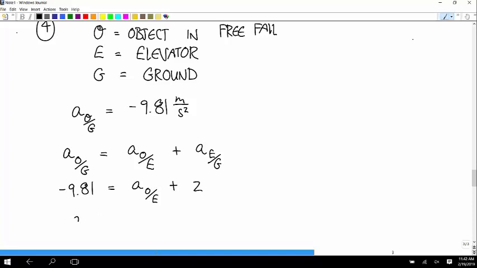And then just solve for the variable that you want. So the observed acceleration inside the elevator is negative 11.81 meters per second squared. So to someone inside the elevator or a camera inside the elevator, it looks like this has extra acceleration, like gravity's extra strong because of the relative motion.